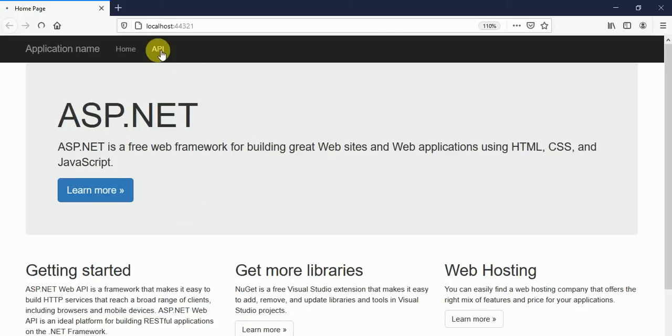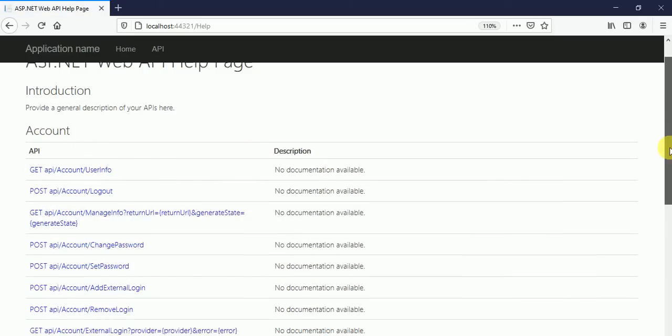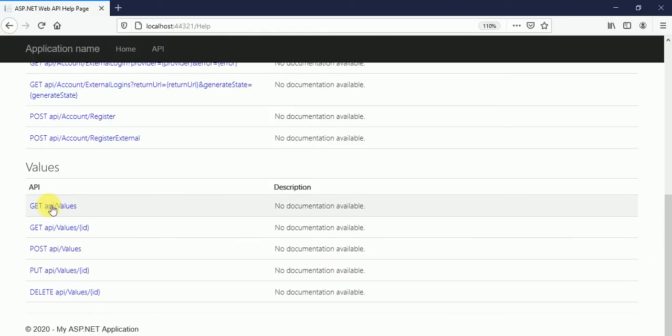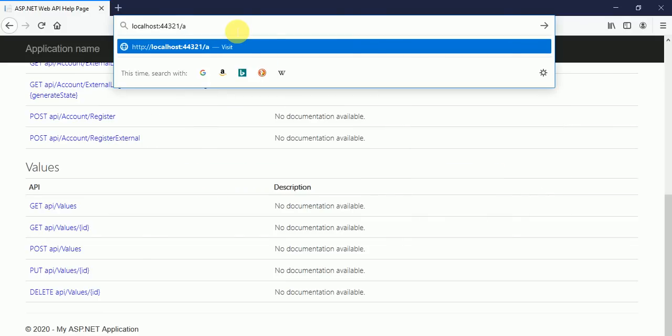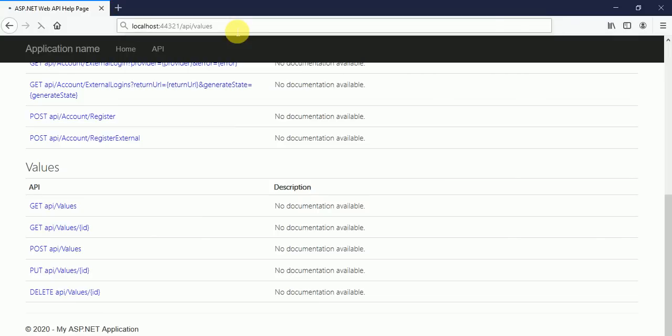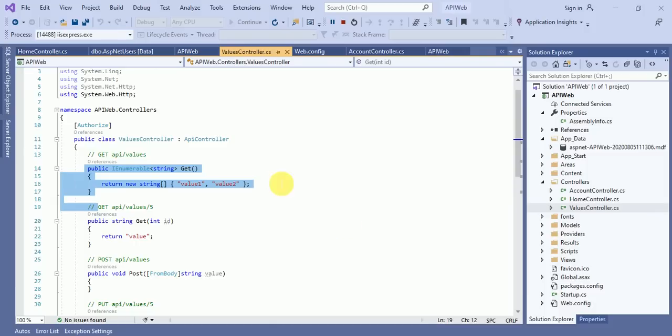Just click on APIs, and once you click on APIs, it will give us all the API information. So here we are getting the account controller APIs, and below we are getting the values API controller. So what it's saying: slash API slash values. Just hit, and here you can see authorization has been denied for this request because we are using the authorize keyword.